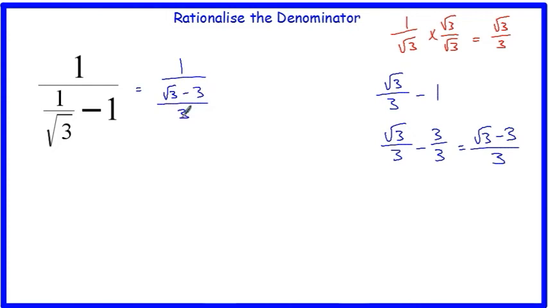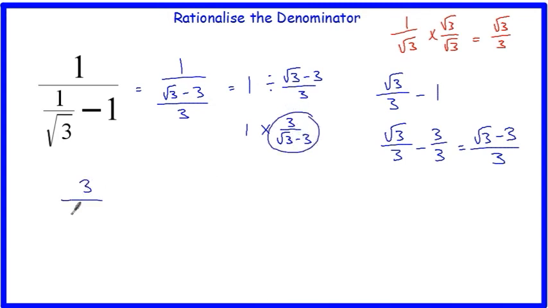Now there's a few ways to see this. You may just know to get rid of this, get the reciprocal of this. Or you could look at it like this. It's 1 divided by root 3 take away 3 over 3. So to divide by a fraction, get the reciprocal. Now 1 times anything is just that. So at the moment, I'm left with this. So I've got 3 over root 3 take away 3. Again, I've got my root on the bottom. So I'm going to have to do this. Then that becomes